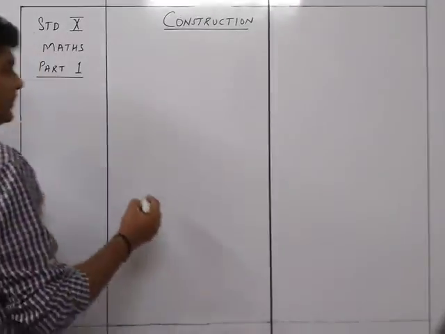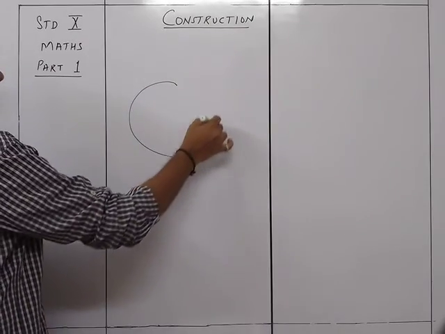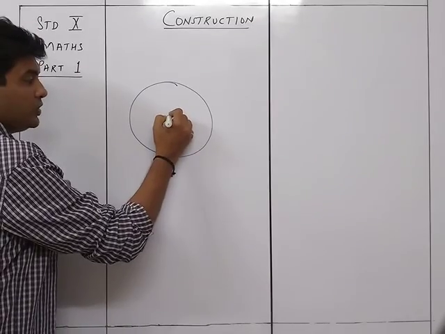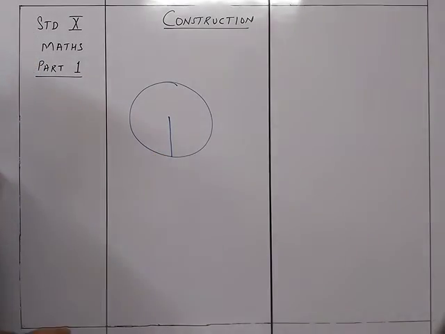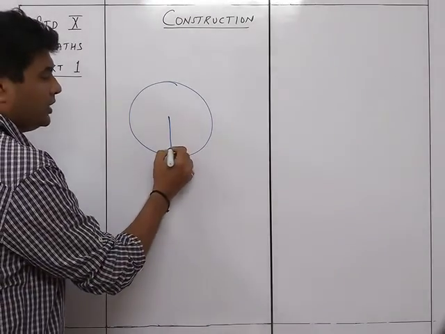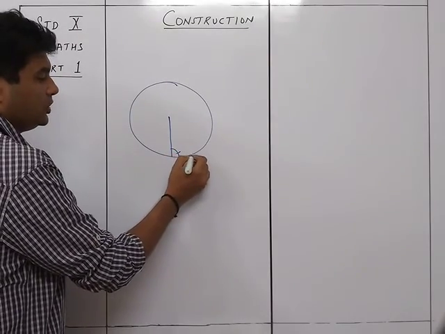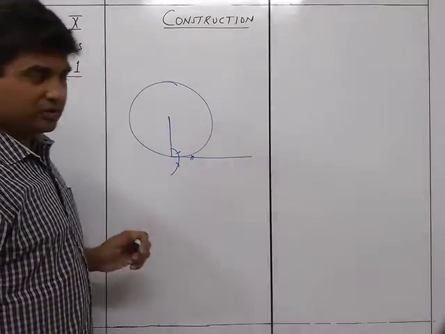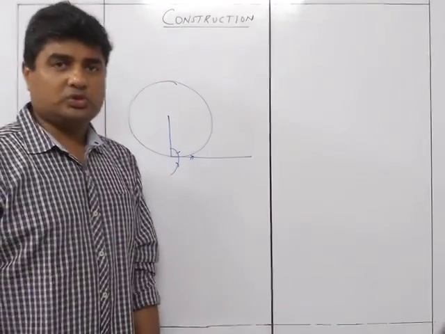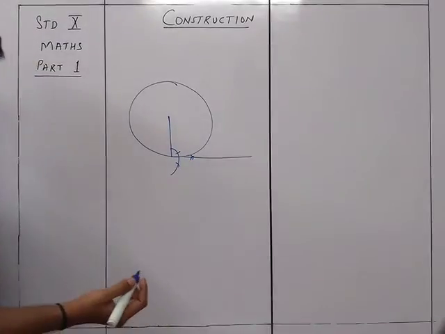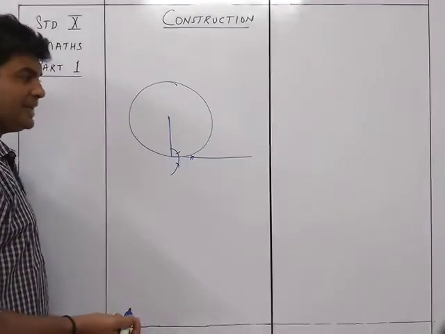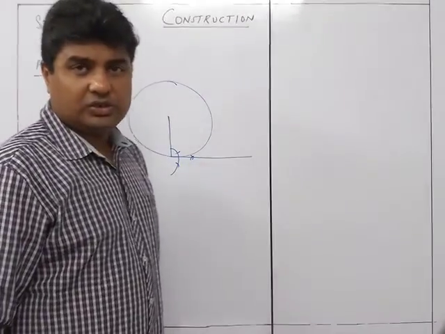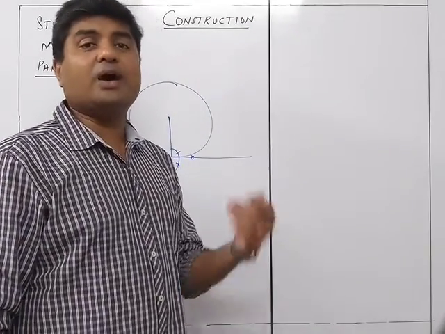So it is perpendicular to the radius. So if I am asked to draw a tangent to this particular circle, what I am going to do is I am just going to draw any kind of a radius, which will be here, and then draw a 90 degree that is perpendicular to this particular circle. So this is the tangent to be drawn to a circle. So for drawing the tangent, you are just going to draw the things like this.